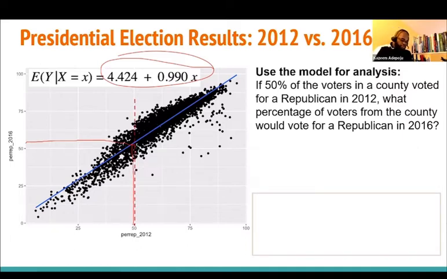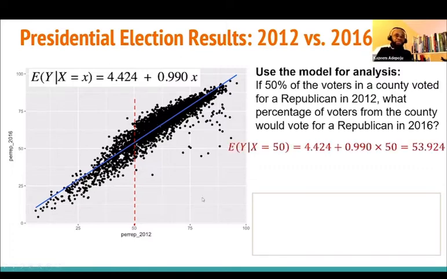Give me one second, that's exactly what I'm trying to do. We look at that with the red dotted line. I'm placing that on 50 because they mentioned 50%. And another way to do that, like I said, is to plug in 50. The 50 is representing X right now. When I plug in 50, take a look at that.